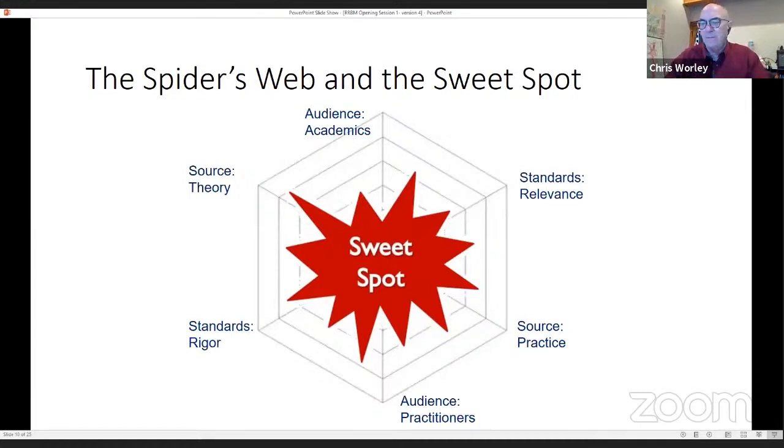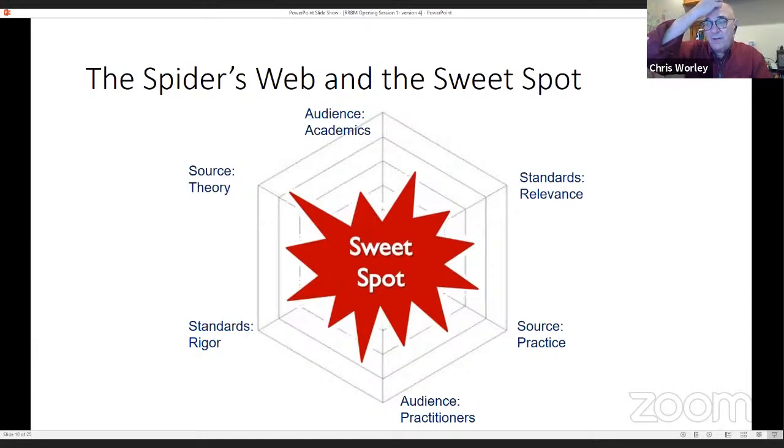And then lastly, do we always choose to try and get our work into A journals, and that's the only thing we spend our life doing? Or do we spend some time being sure that we're connected to that world and publishing in that world, as well as sharing and translating our research into the language of the practitioner, so that information is getting out into the world? And so the whole notion of the sweet spot became, how do we increase that big red dot in there and try to cover all these spaces?